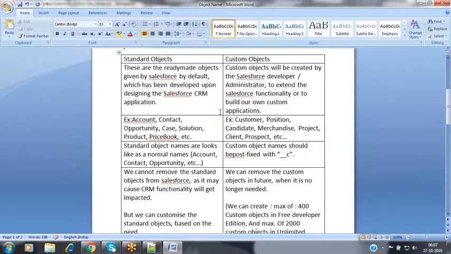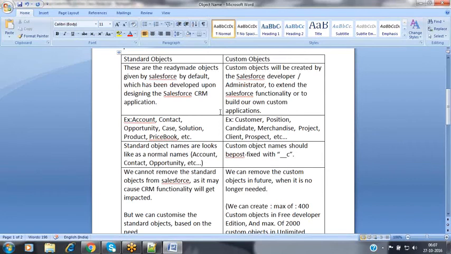Now when coming to the interview point of view, these differences are very, very important. What exactly are standard objects, what exactly are custom objects. Standard objects are nothing but the ready-made objects given by Salesforce as part of the Salesforce CRM application. And custom objects mean that not only using the Salesforce CRM application, we have the flexibility to customize, and then we can leverage the functionality by adding some more new features, or we can build completely our own new applications also. At that time, we need to create our own custom sets of tables so that we are going to be creating the custom objects.